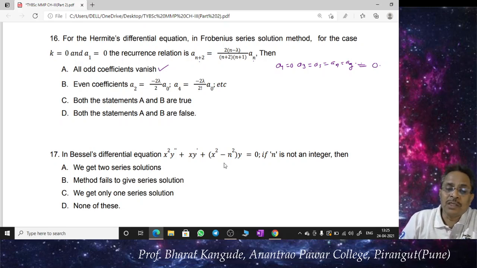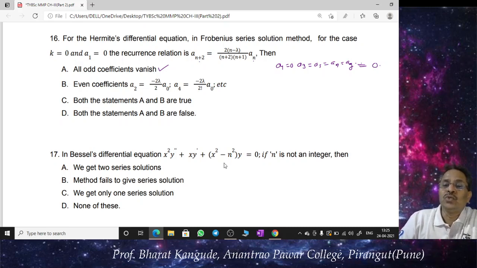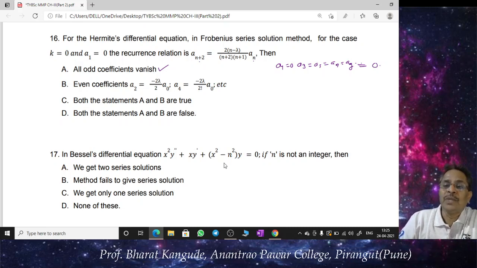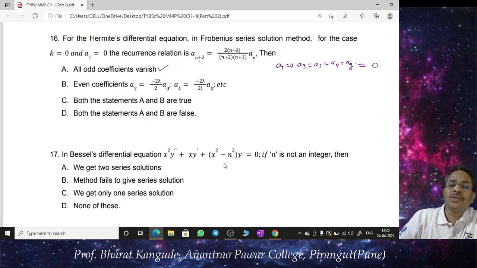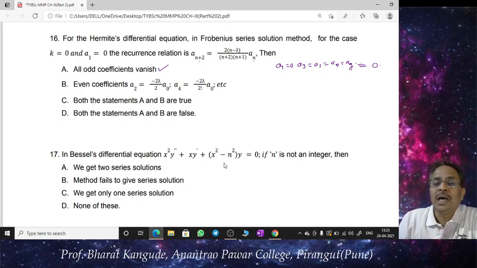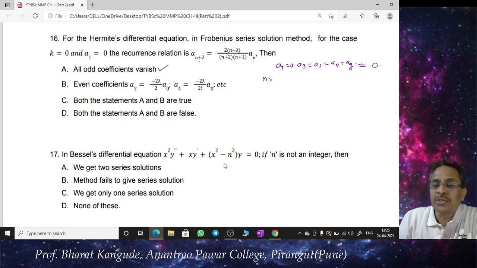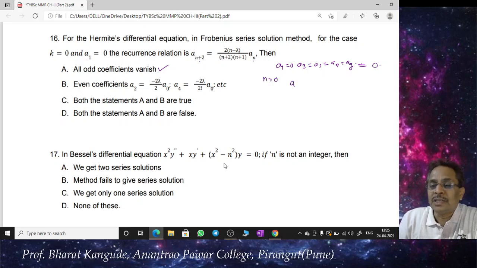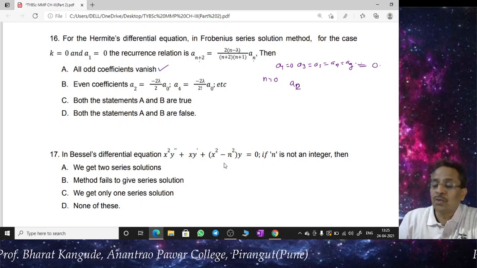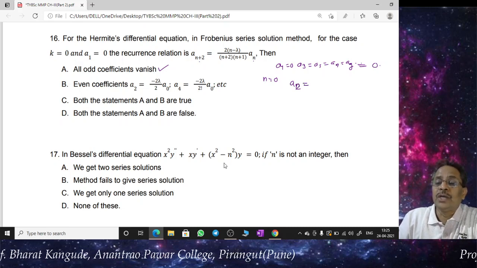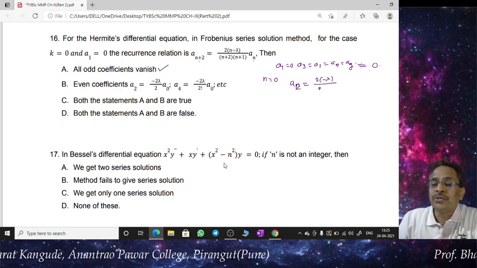Whereas if I go for the even coefficients, when I put n equal to 2, that gives a4, with 2(2 minus lambda) upon (2+2)(2+1). If I go for this type of calculation, I will get the particular constants. When I put n equal to 0, the left-hand side is a2, since 0 plus 2 is 2. So a2 is equal to 2 into minus lambda, n being 0 there, upon 2 into 1.